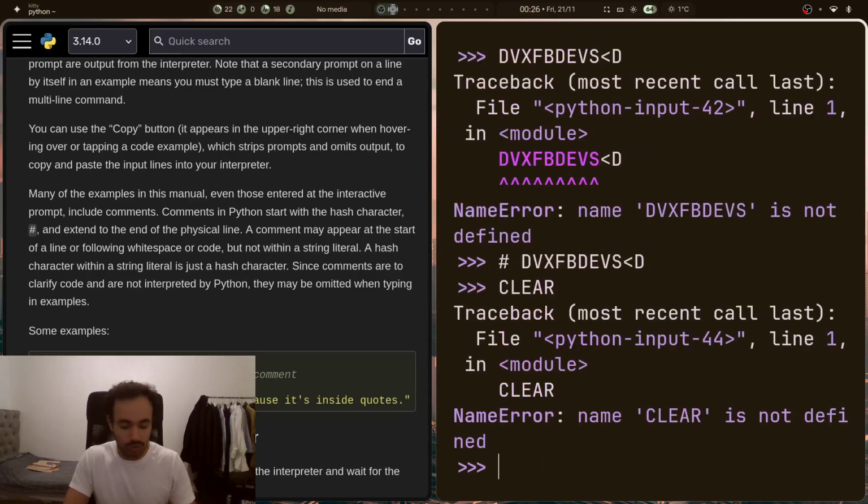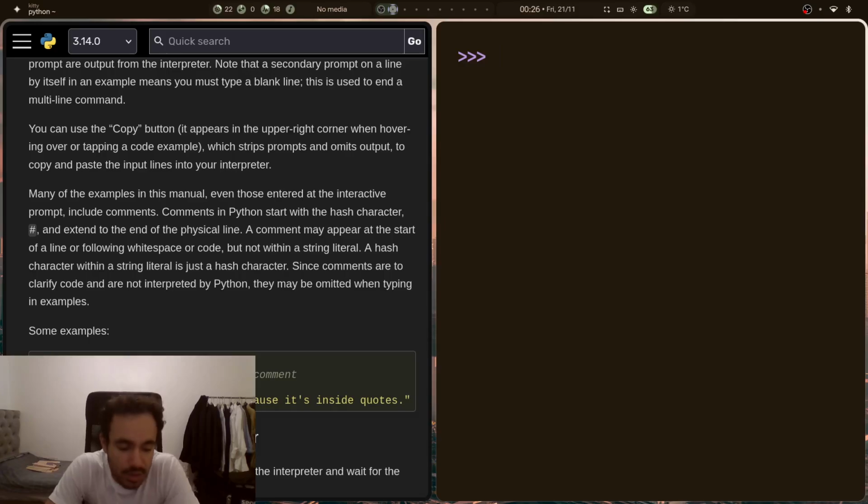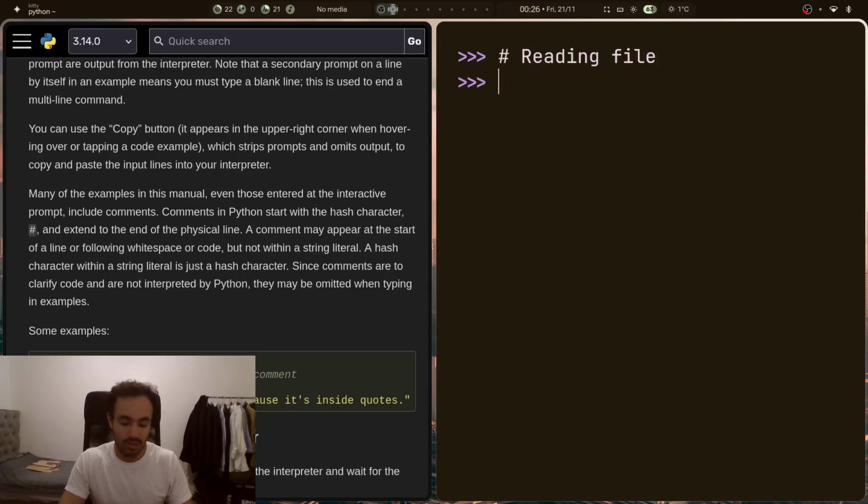Now, why would you want comments? Well, you write a lot of complex stuff in Python, and you're also going to be working with a team and with loads of other people, and they're going to need to understand your code. So annotating your code is very, very crucial. So if I do, reading file, and then print reading file,